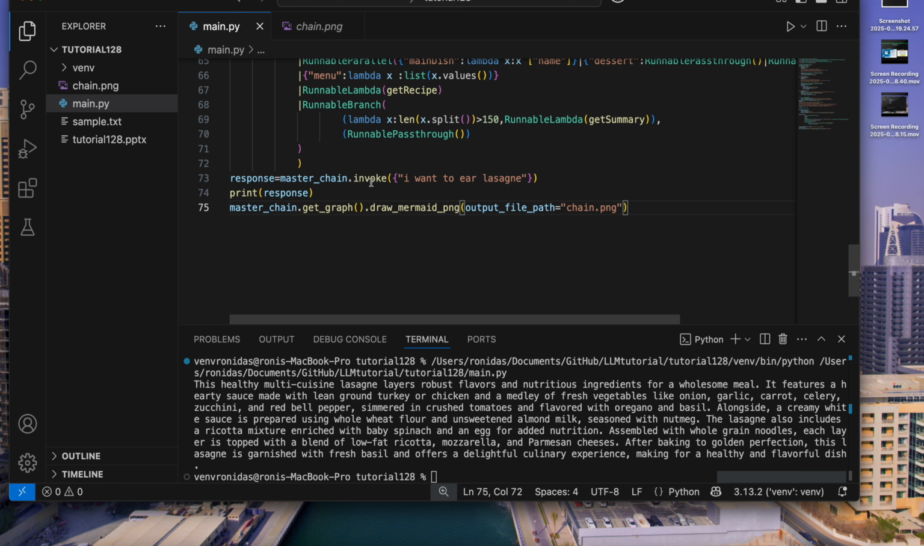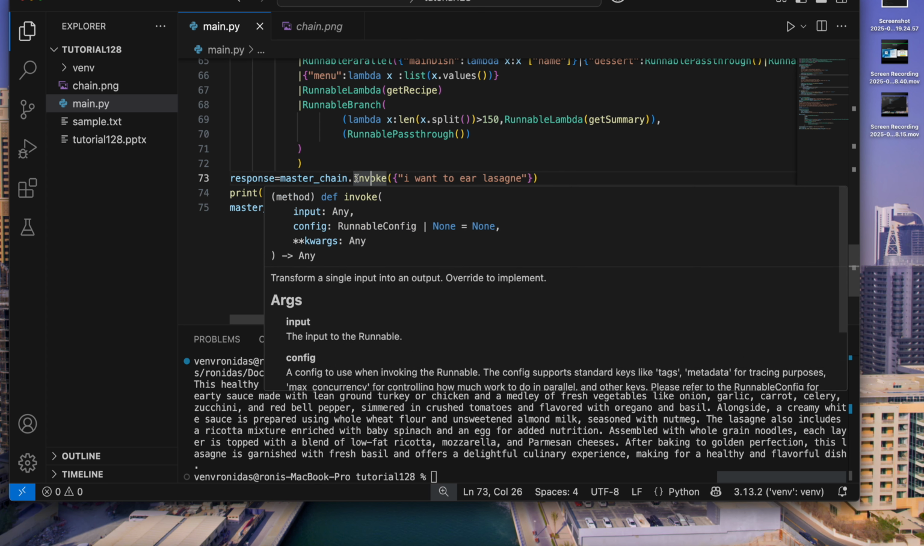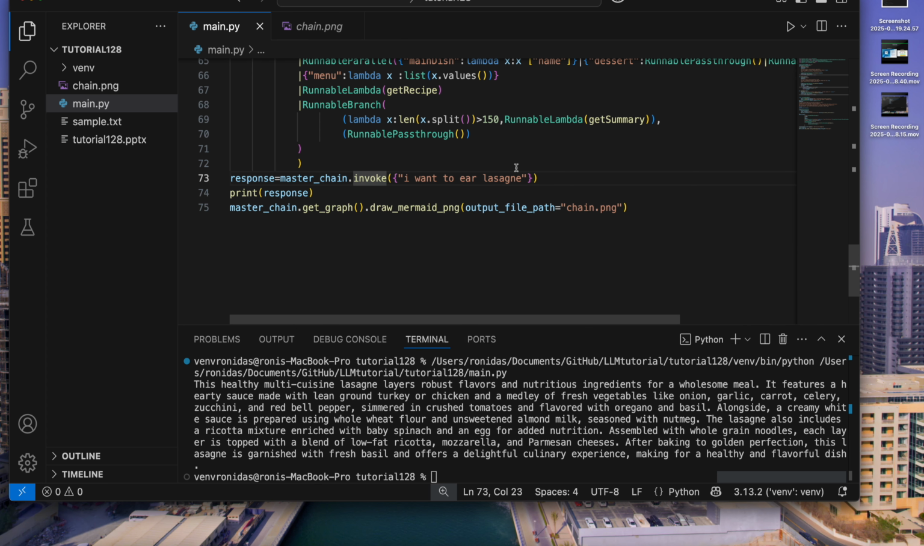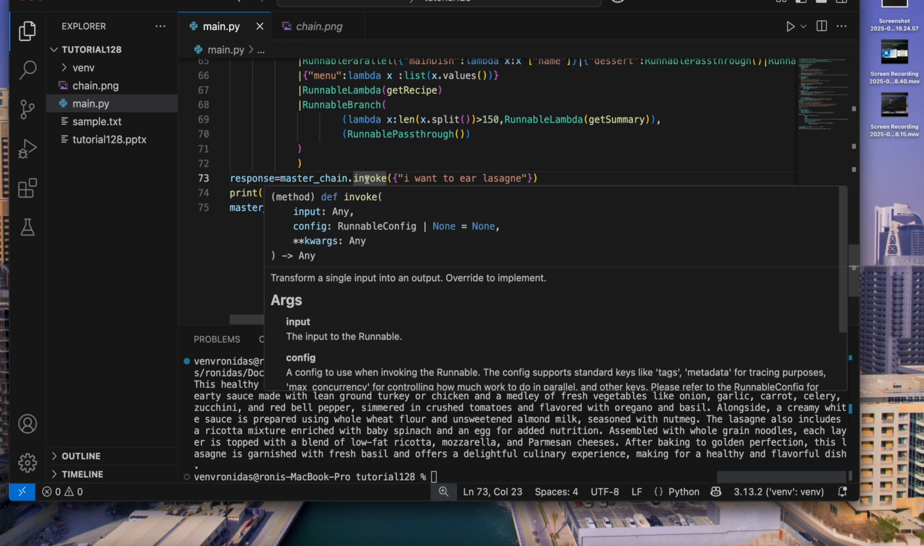So invoke is synchronous. If you add an a at the beginning, it will become asynchronous invoke. Batch means if you have multiple inputs, you can easily get the outputs. So that is called batch. Then abatch means the asynchronous way. You can run batches for multiple inputs. Suppose you have multiple inputs, you can actually try that. Then we have stream. If you want to stream the output, probably you can use chain.stream, and astream